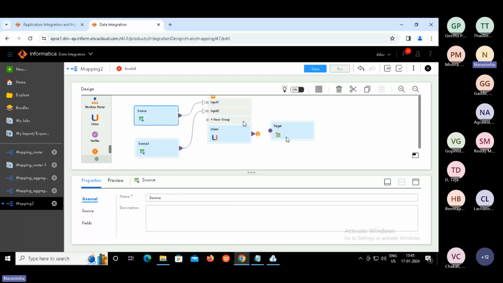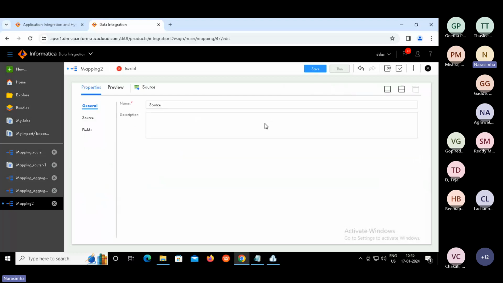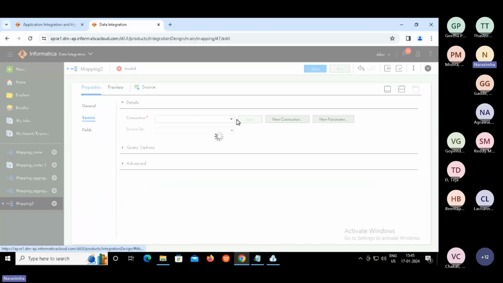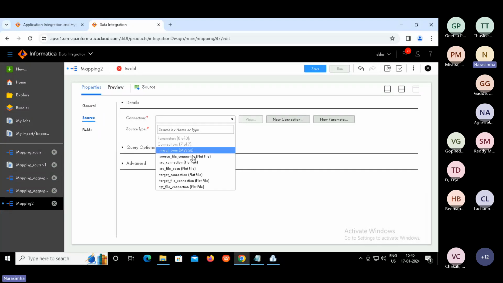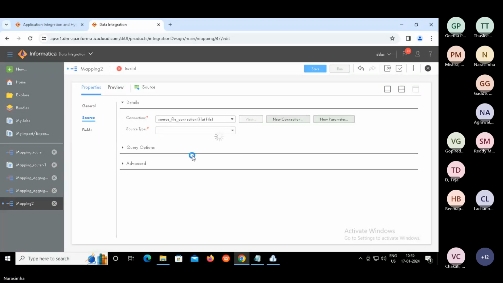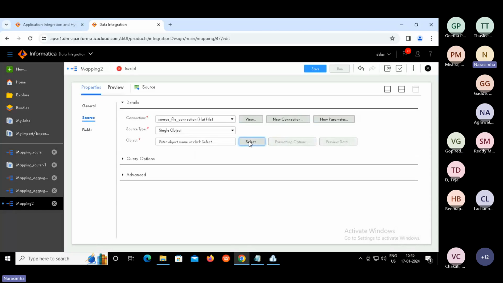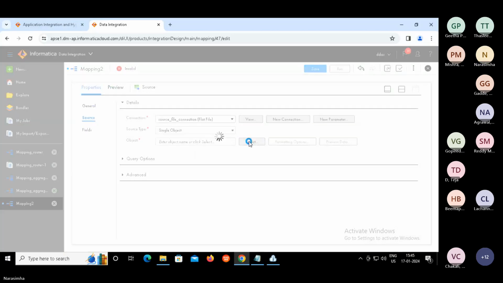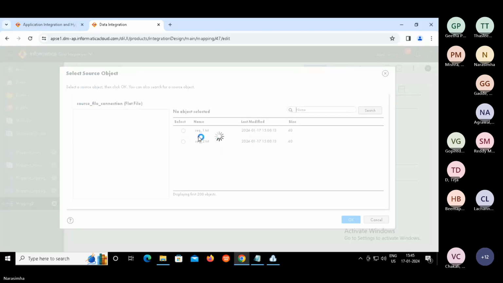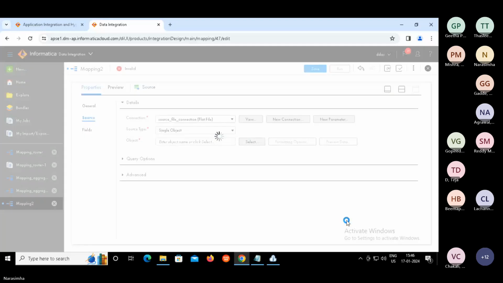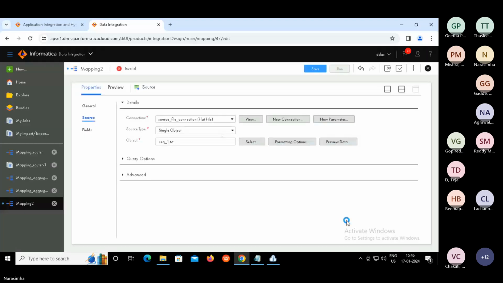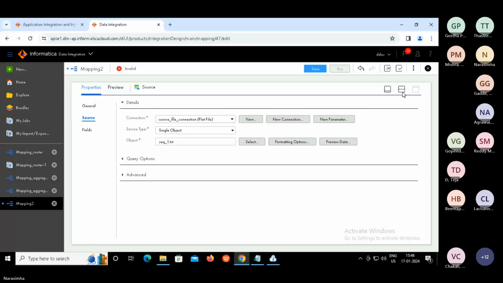Now let us configure this. Maximize for source one and configure. This is the same as earlier, guys. No change. First file. That's it. And then second.